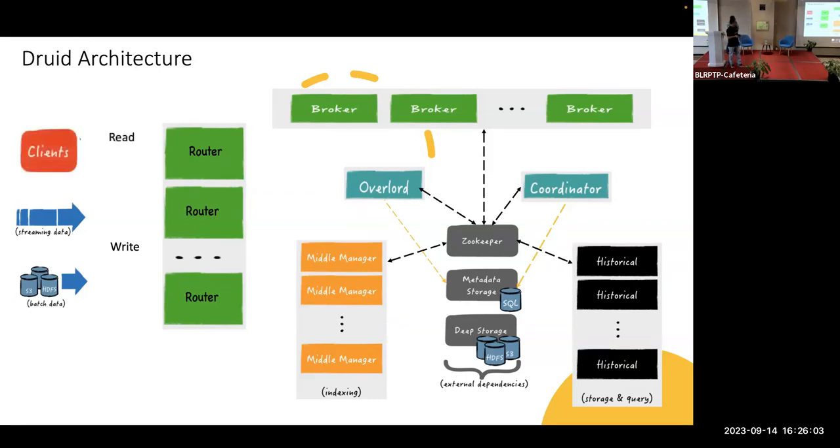Very quickly, on the read path, you again ask the router to execute a query. It tells the broker to execute the query. If you don't have routers, this will go directly to the broker. Broker will talk to historicals. The name is so good, no? Historical data. Middle managers have some of the latest real-time data, which is not there on historical yet. This will eventually land up there. So broker will get data from the middle manager as well as historical, combine them and serve what you expected from the query.